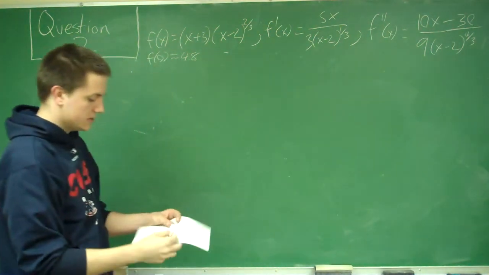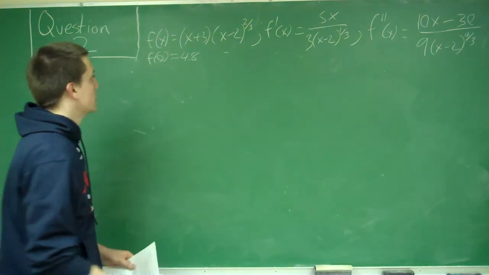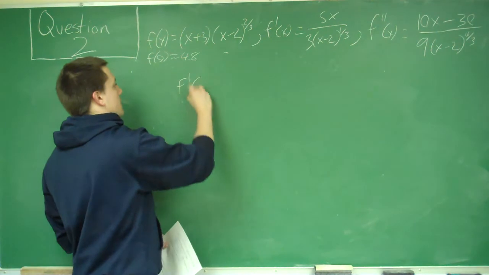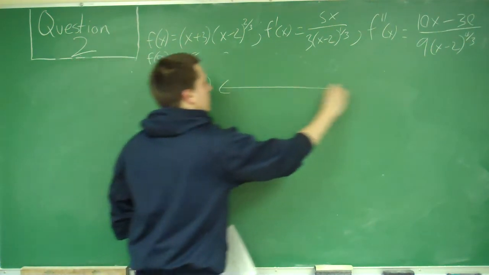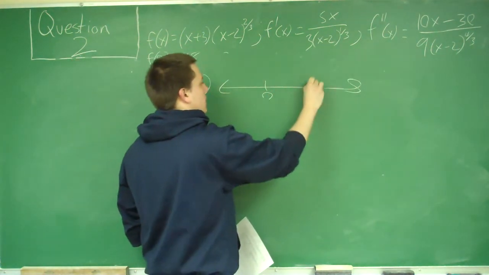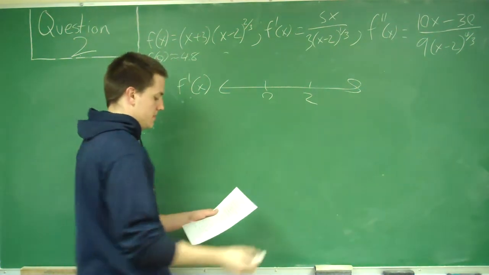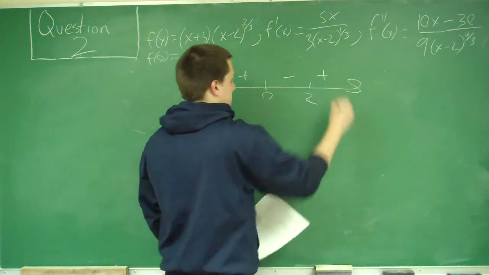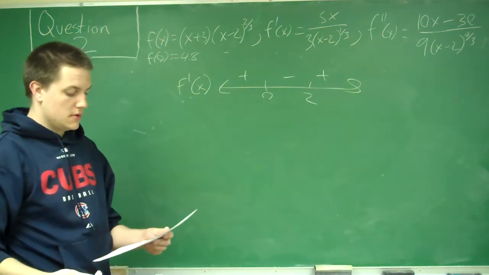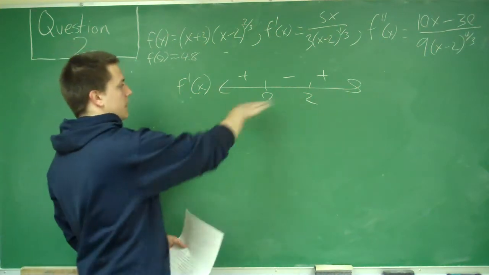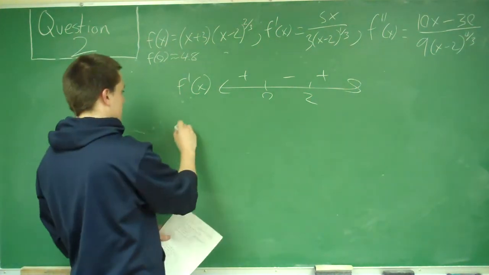Part 3 asks us what are the critical numbers. So if we go back to what f prime of x was, we had 0 and 2 on there with plus, minus, plus. So the critical numbers are all the values on that line. So it's going to be